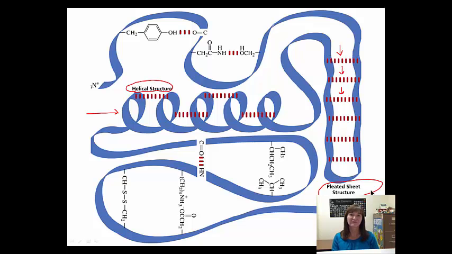Focusing on the different cross-linkings that are happening, if we were to focus on this one right here, what would you say? I hope you would see that you have this OH group, and the hydrogen is interacting with either an oxygen or a nitrogen, so you would say this one here is a hydrogen bonding cross-link. Same thing with this one. Here's the OH group, and here's the NH, so this would also be a hydrogen bond cross-link. Down here, what kind of an interaction do we have? We've got 2 different amino acids hanging out together, this guy and this one, and they're both just hydrocarbons. So I would hope you would say this one right here is a hydrophobic